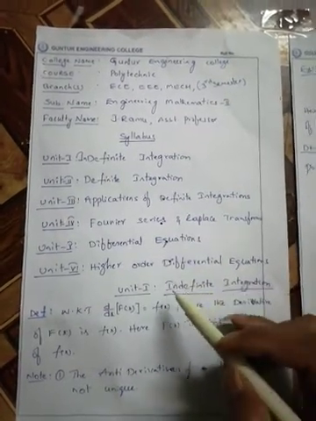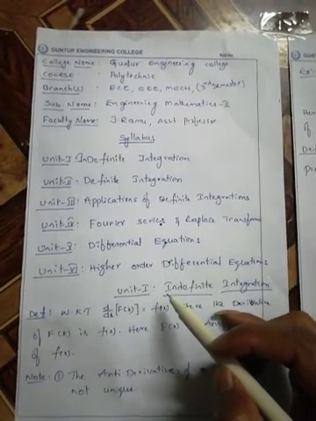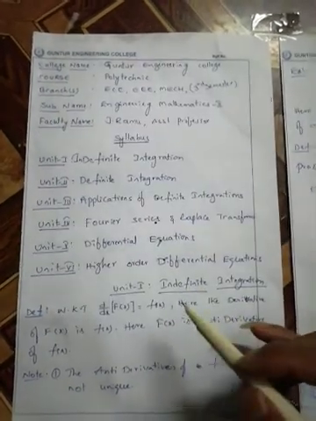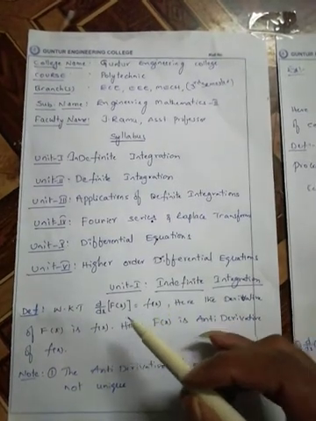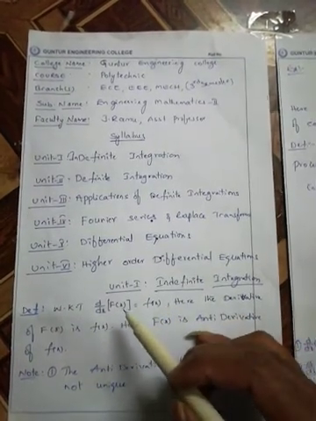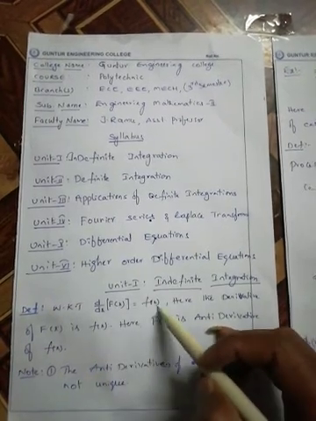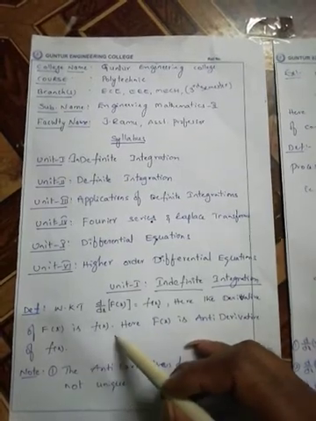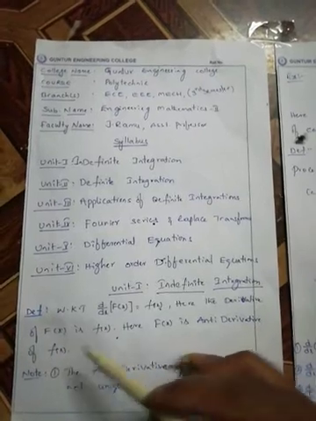First of all, we discuss Unit 1, indefinite integration. We are familiar with what differentiation is. Differentiation d by dx of F of x is equal to small f of x. Here the derivative of F of x is small f of x. Capital F of x is called the antiderivative of f of x.